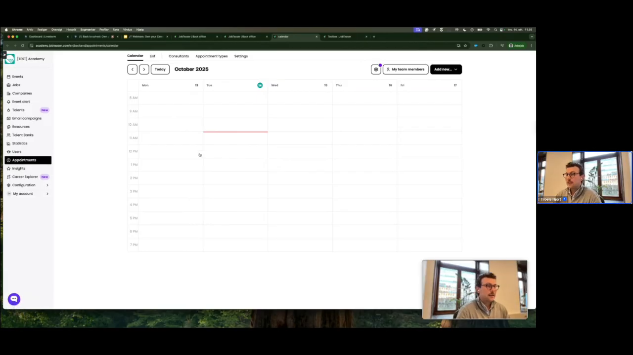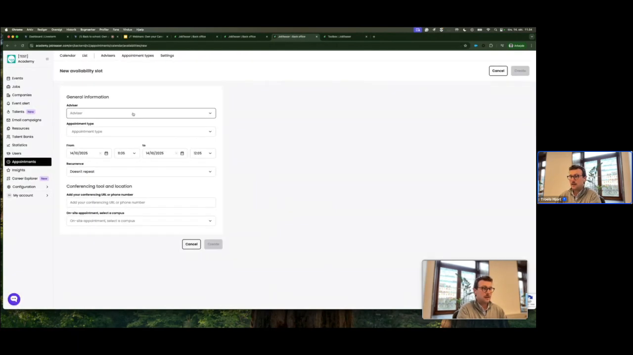Then let's have a look at the appointments module. Appointments is really good for all of these conversations that we need to have with the students. It could be regarding their career, how to set up a good CV, or all sorts of things. If you have the appointments module enabled, you can add a new availability slot. For instance, I could say